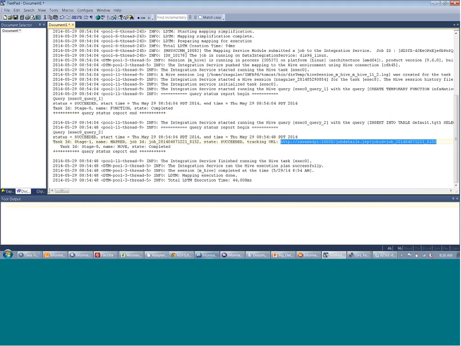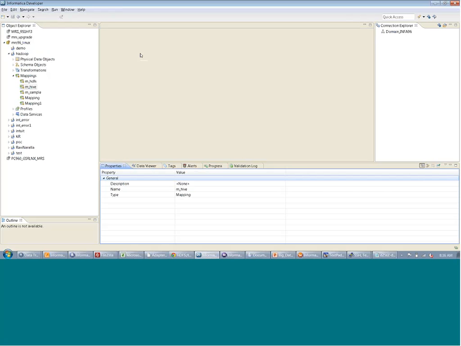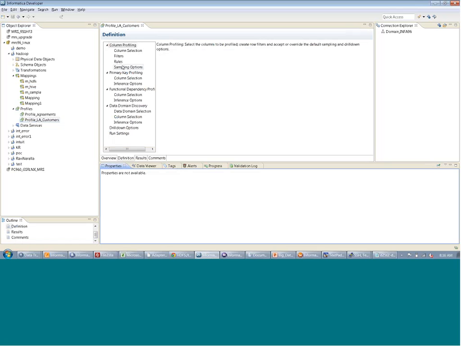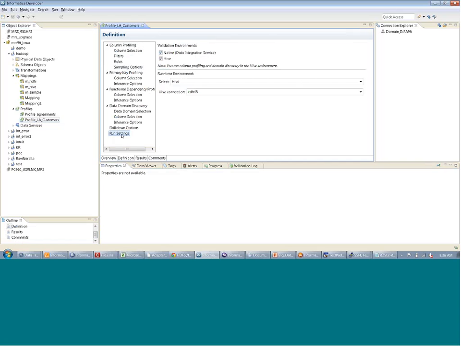Okay, so let's go again to the developer tool. So that's the push down job. Now I will show you another push down job, which is a profile mapping. I will show you the profile and I will run the profile mapping pushing down to the Hadoop cluster. I already have a profile here. In the definition, only a few columns are selected, and in the run settings,